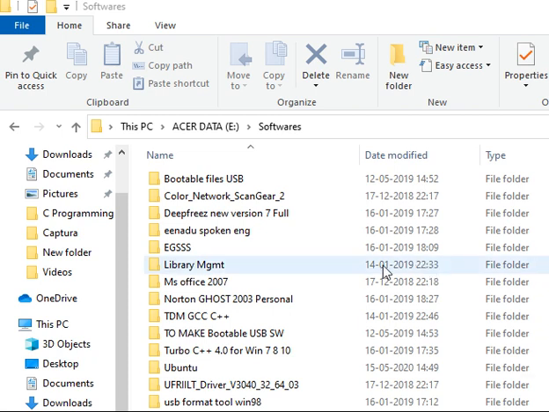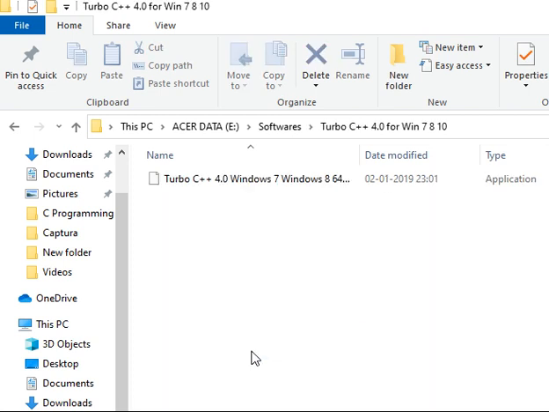The software is Turbo C++ 4.0 for Windows 7, 8 and 10 versions. It supports Windows 7, 8 and 10. This Turbo C++ is C++ software but it also works for C programs. So double click on this folder.